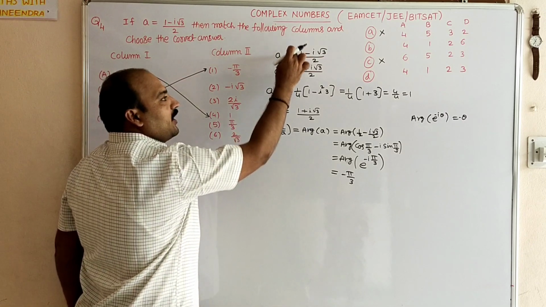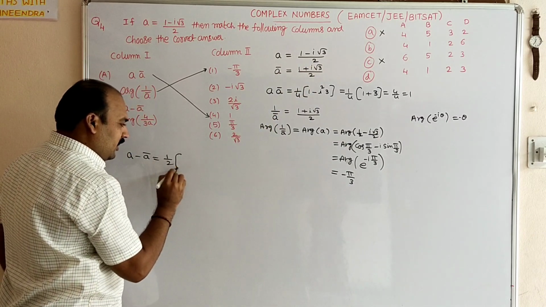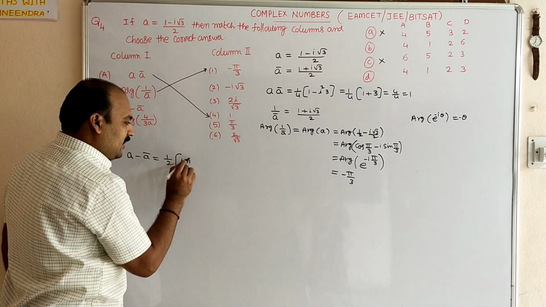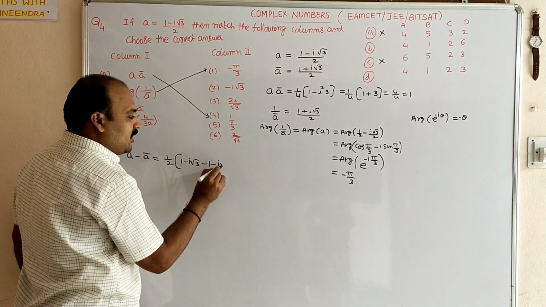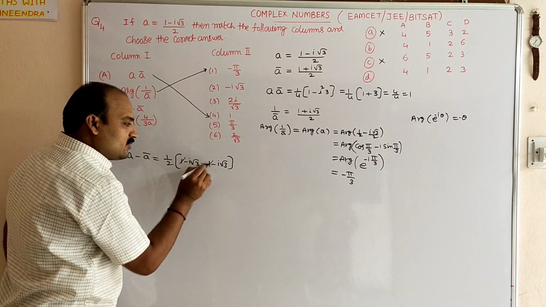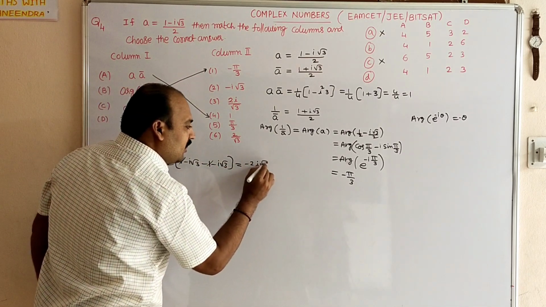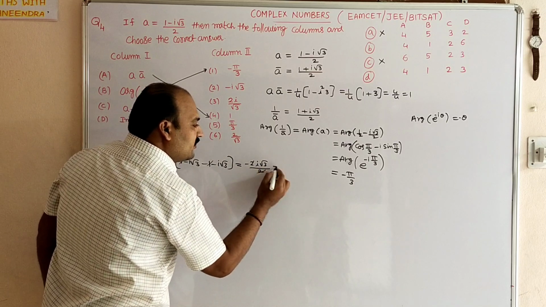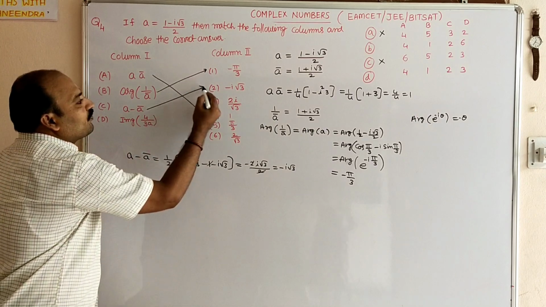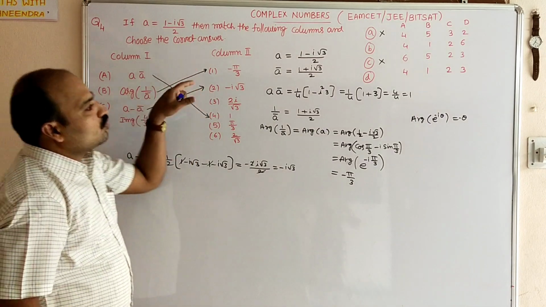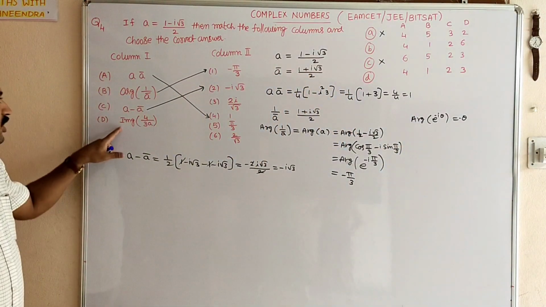What does that mean? Subtracting these two. Here 1 by 2, here 1 by 2, take 1 by 2 out as common. A means 1 minus i root 3, minus A bar, so minus of this value: minus (1 plus i root 3). Plus 1 minus 1 cancel, that is equal to minus i root 3 minus i root 3, which is minus 2 i root 3 divided by 2. The 2 gets cancelled, which is equal to minus i root 3. Minus i root 3, where will it be? That means 4, 1, 2, even in these two options it is there. The deciding factor is the last one.